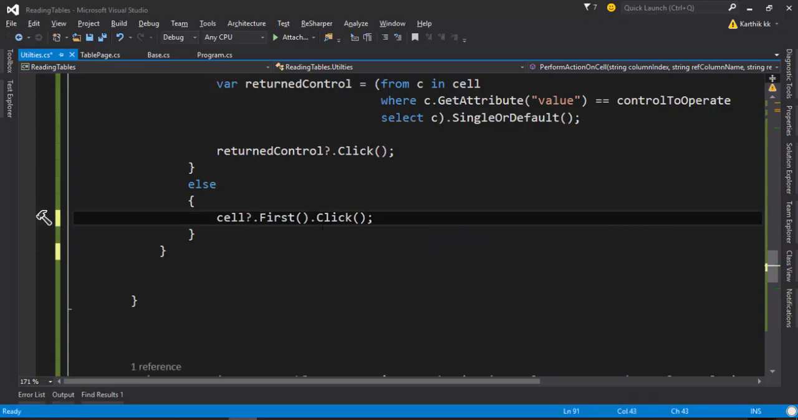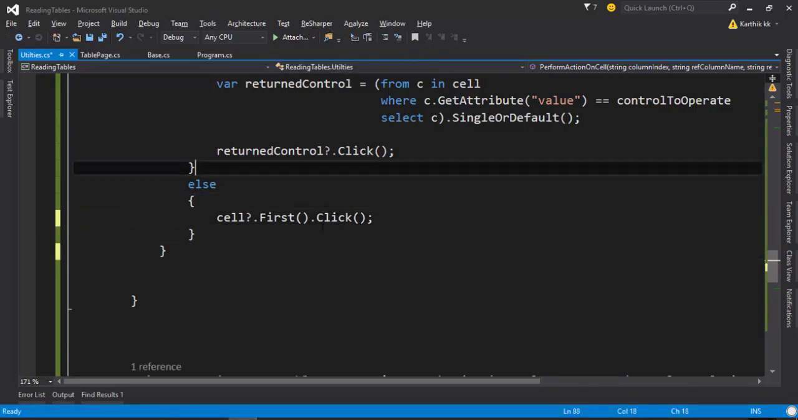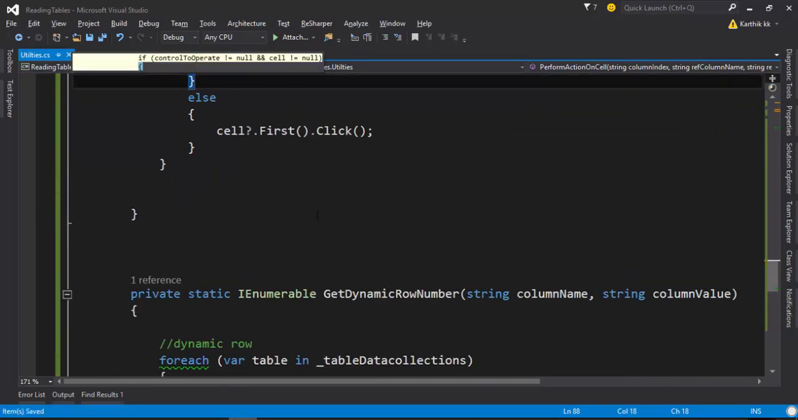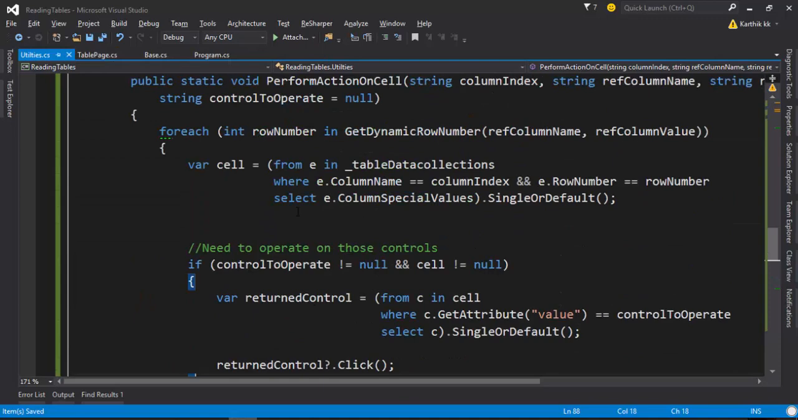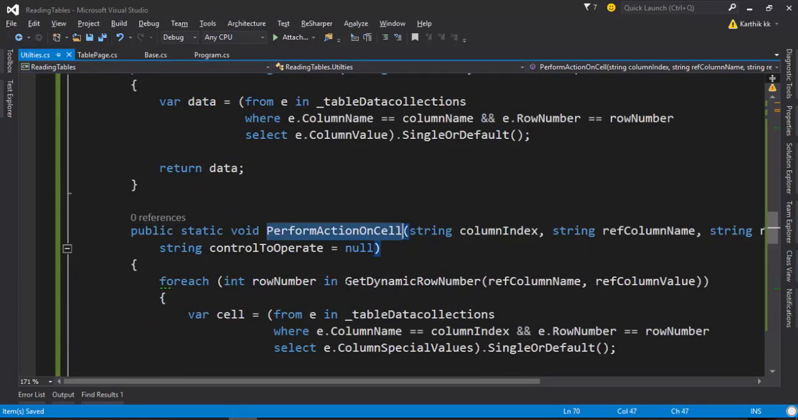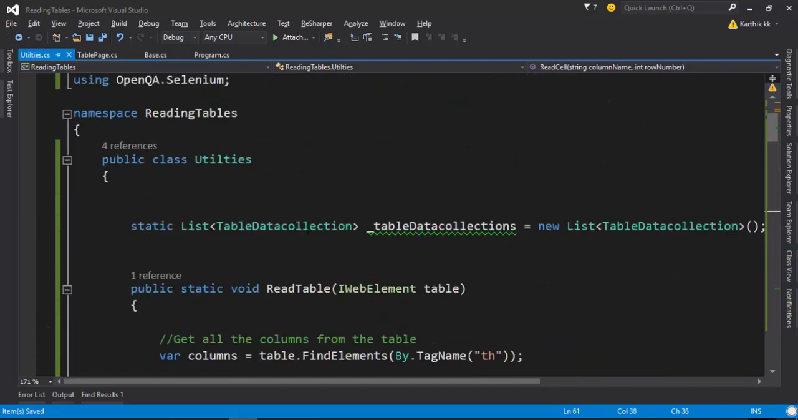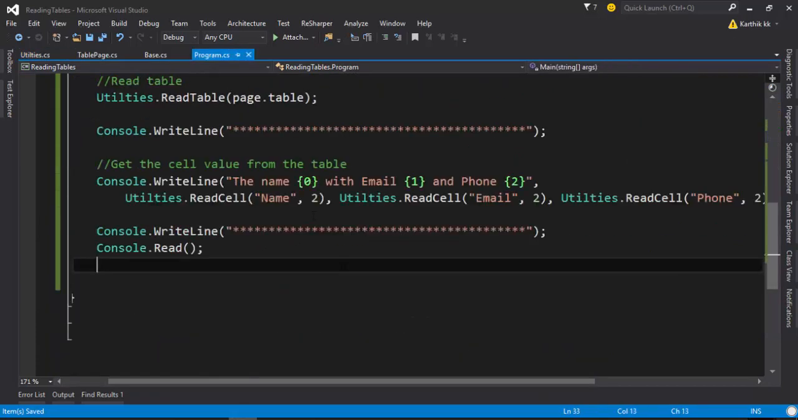See, this is still valid. You can still do it this way. So this is great. All right, I believe the code has been written fully, and this is going to be for the perform action on cell, and this is going to be for read cell, and this is for your modified read table. So let's go back here into the Program.cs, and this time let's see if I could click